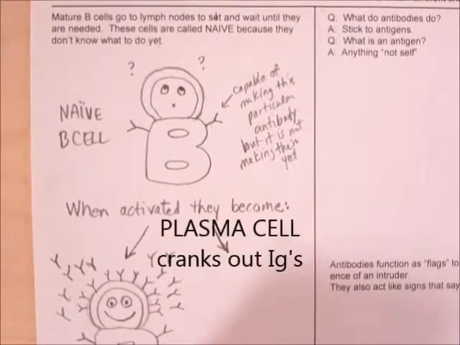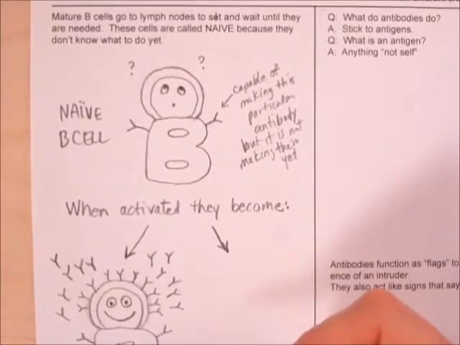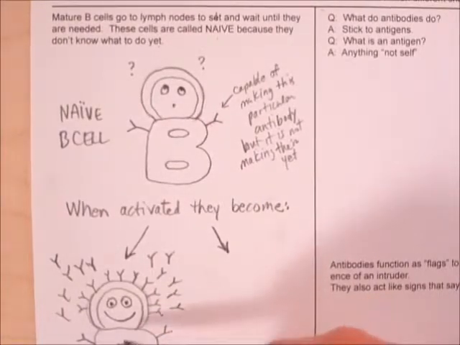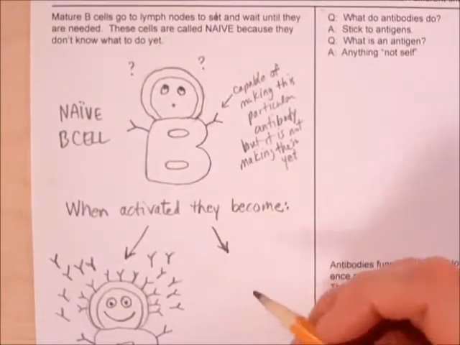And he cranks out IGs. See there, I'm going to use IG instead of antibody. Exclamation point. He's cranking out. He's going to, in fact, he's going to burn himself out. He's not going to live very long. He's just going to go out in style, cranking out antibodies, use up all his cellular energy making these things. On the other hand,